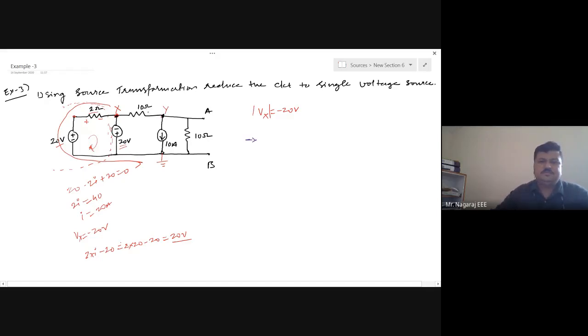Here we can write. I will mark the nodes as X and Y. Let the nodes be X and Y only. Okay. How I can put it in the statement is, yeah.